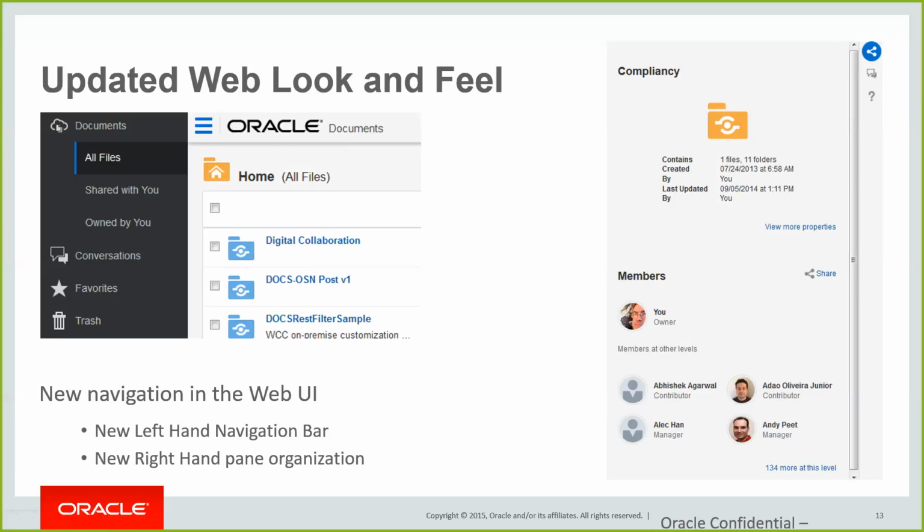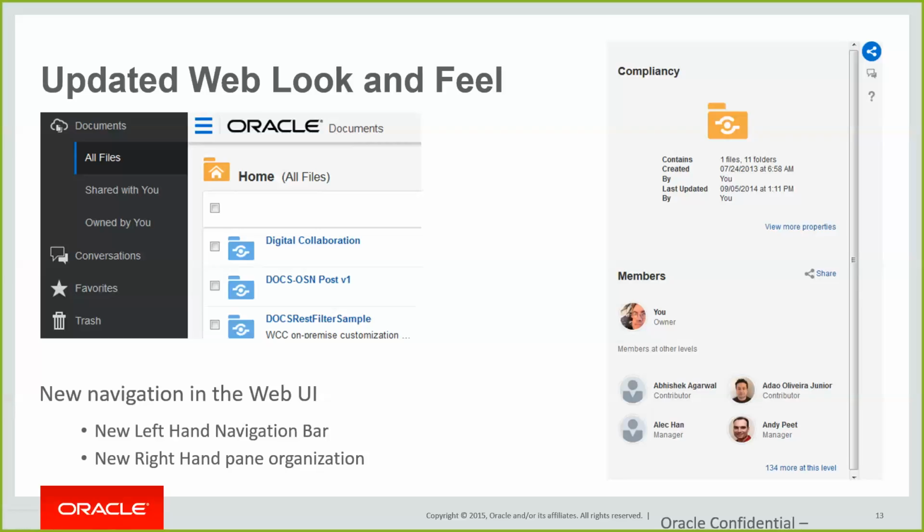For example, if it's a folder or a file, we can see different information: when it was created, what a folder contains, the files, subfolders, and so on, when it was updated and by whom, and you can also see users who have the rights to access that folder,